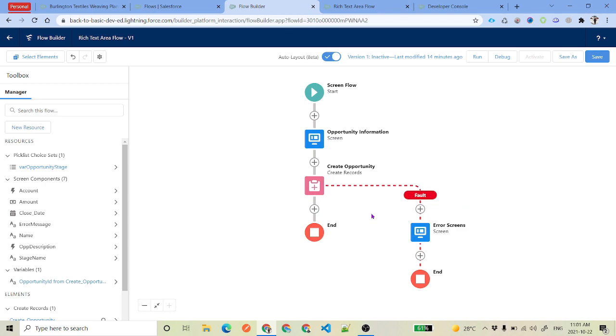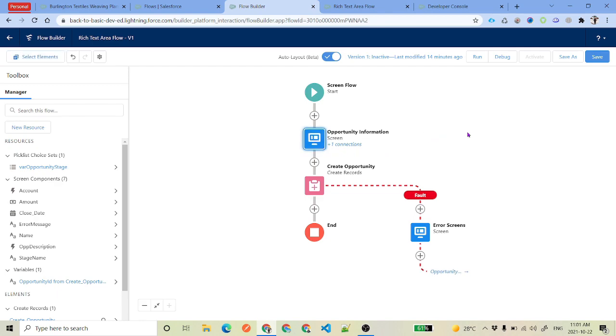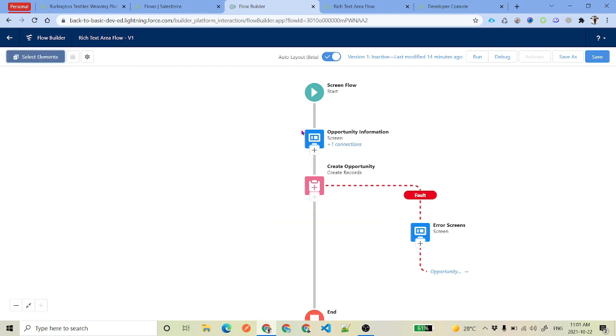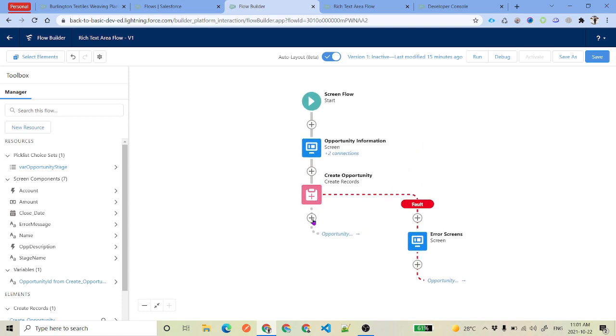If there is any error, from here you can connect to screen, and then go back to your opportunity information. If there is any success, you can add a success screen that says the record has been created. Or you can connect to element, and then get back to your opportunity information. So if the success is there, get back there. If success is not there, display the error and then get back to the opportunity component.